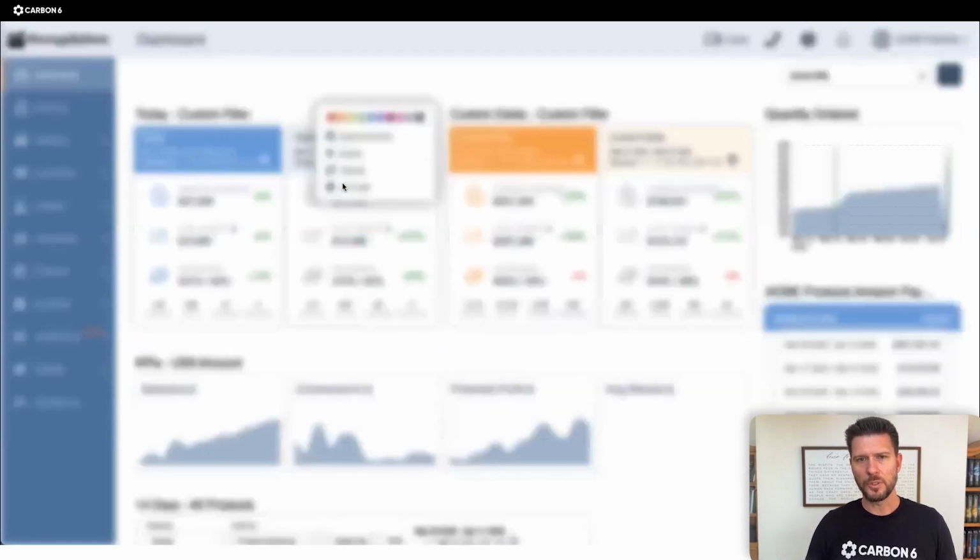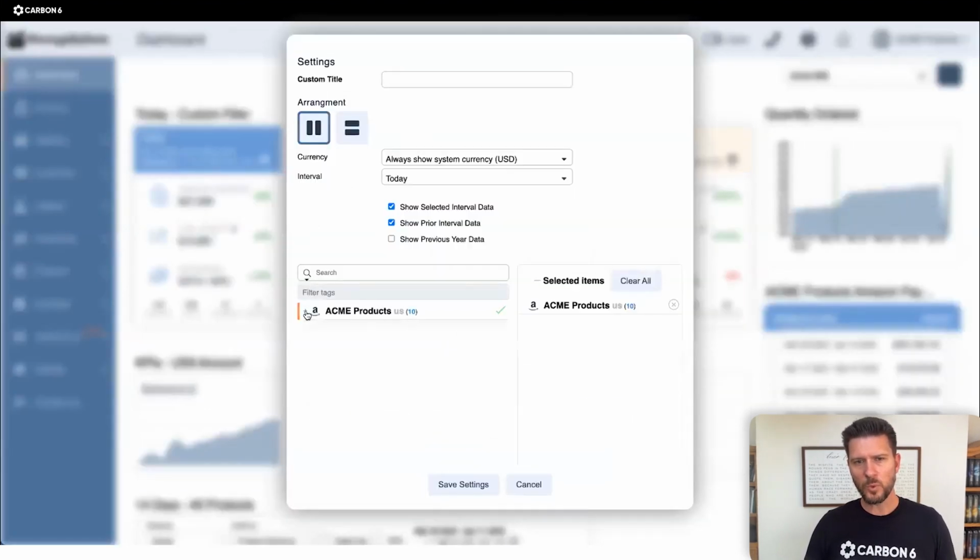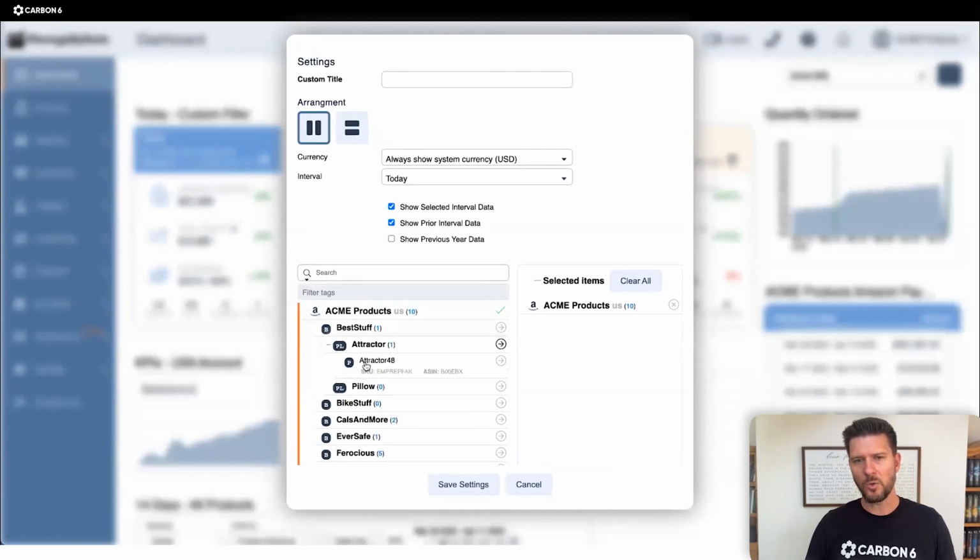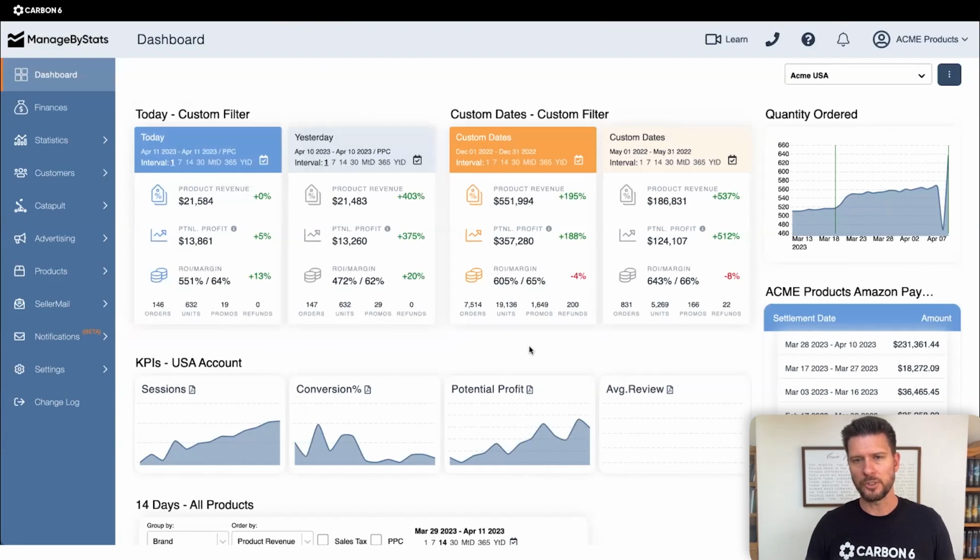You can also do settings where you want to see your entire account details, or look at a specific brand or a specific group, all the way down to an individual product. So you can build a dashboard that is to your liking.